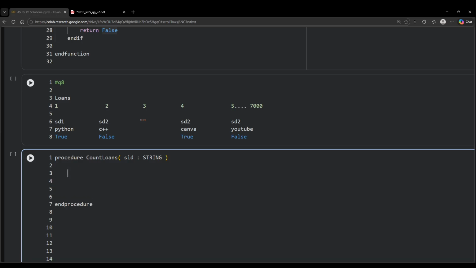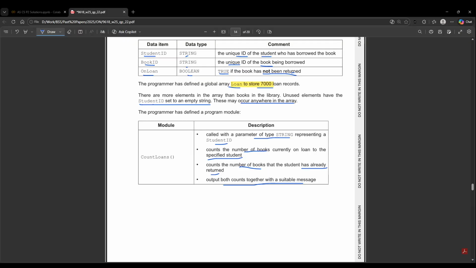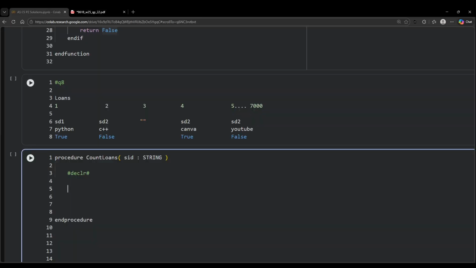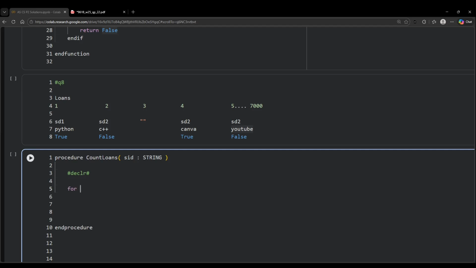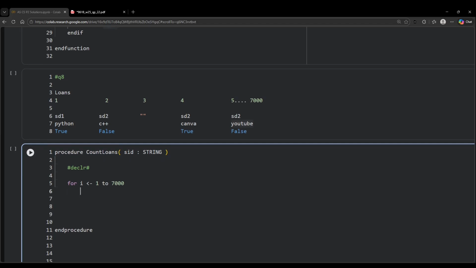Okay, so we'll leave the space for declaration here. Then the question says count the number of books on loan to a specific student. So this means we have to see the whole array because we do not know how many books the student has taken. So for I 1 to 7,000,